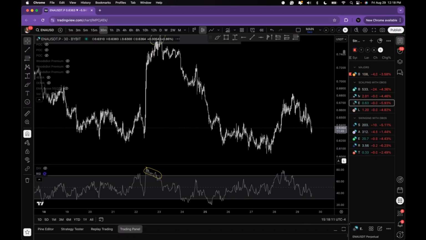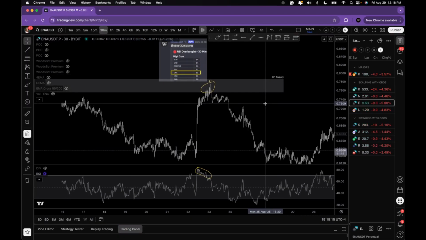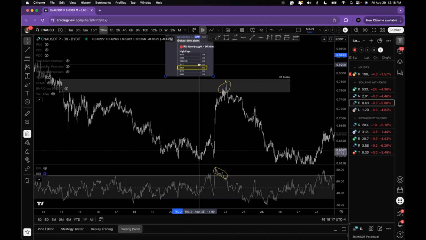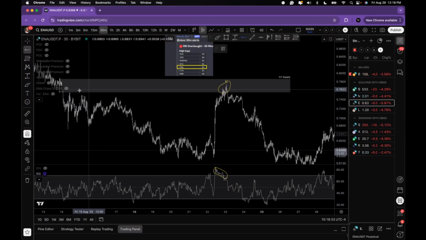Next here, we have ENA, same thing, same alert, exact same time. So we have ENA showing you that this is overbought, and you can see price is trending up, your RSI is trending down. There's a divergence in the momentum regardless of price going up. Again, what happens? You sweep all of this liquidity,